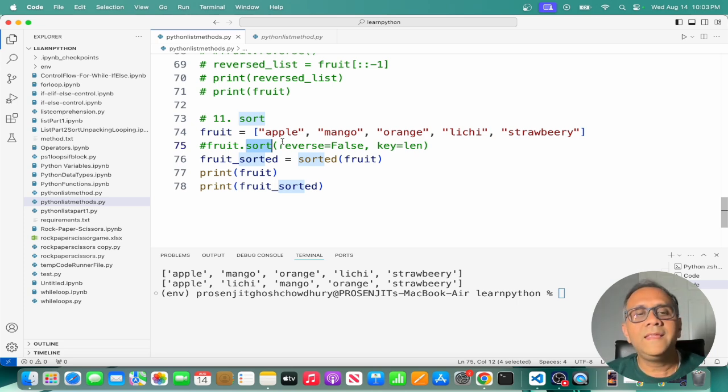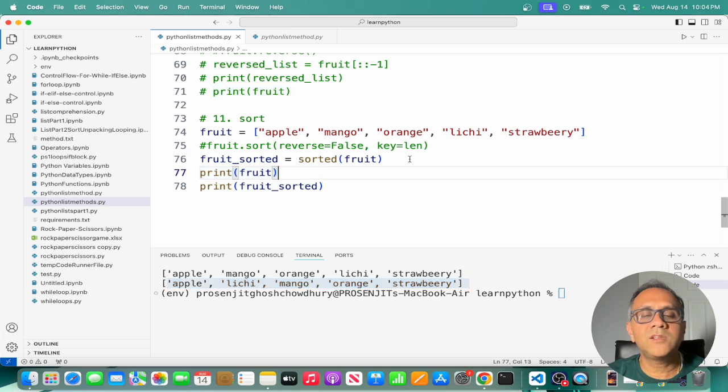Okay, in that case, Python gives us a sorted function. You can create a new list like this, and you can use the sorted function. You pass your original list there. In that case, the original list will not be modified. The original list will be intact, and you will create a new list with sorted fruit. Let's run this. This is your original list, and this fruit I am printing it, and then it is a sorted list. So apple,